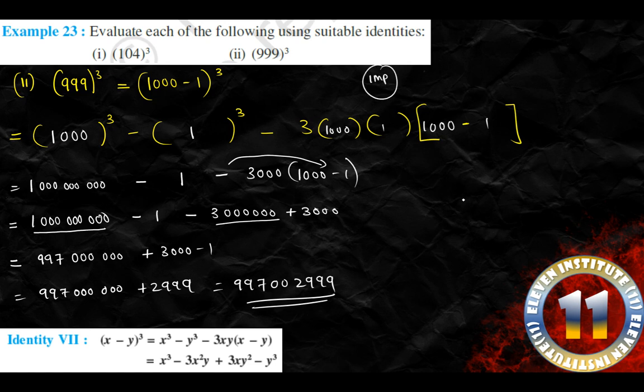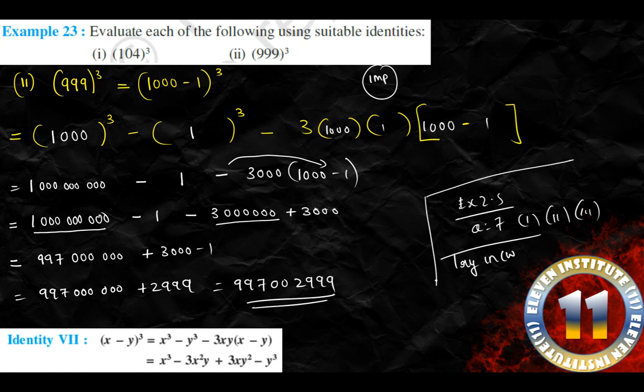And apart from that, in exercise 2.5, there is a main question number 7. It has 3 sub questions, right, and you have to try them in your CW. And whatsoever we have done today, you have to write one time in your CW and one time in your homework book, and this main question number 7 you have to try in your CW.